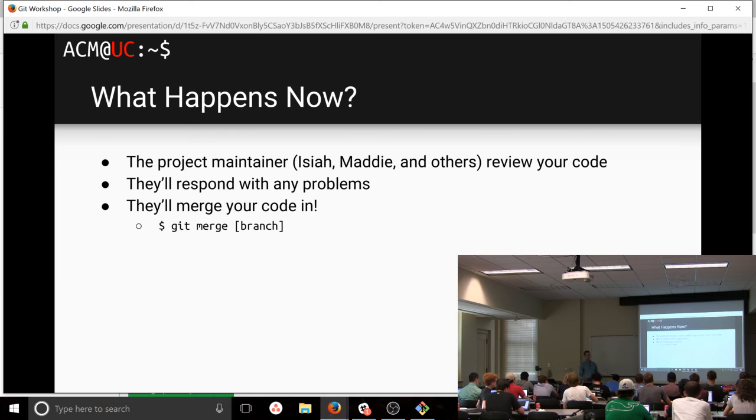So, what happens now? If you've made it that far, you've created your pull request. The project manager, which in this case is Isaiah right here, and Maddie, who's our membership chair, are going to review your code, make sure you didn't make any mistakes, and then they'll respond if you did. If you didn't make any mistakes, they'll merge your code in, and you will be on the